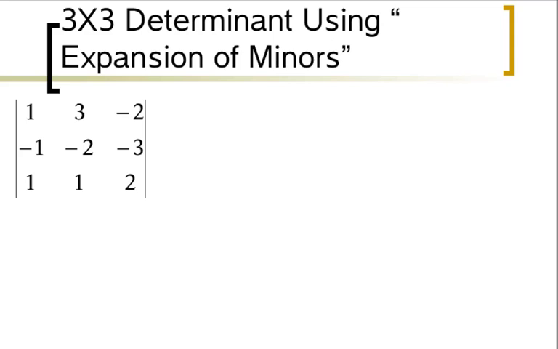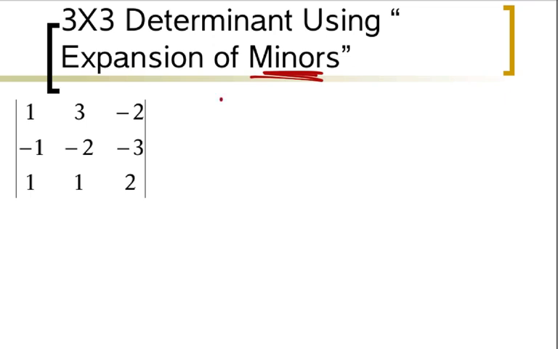Now in this lesson we're going to learn how to find the determinant of a 3 by 3 matrix, and that's using what's called the expansion of minors. The minors are basically a bunch of little 2 by 2 matrices that we're going to break this thing up into. Well, before we get excited, we need to actually know that there's this weird signs thing for a